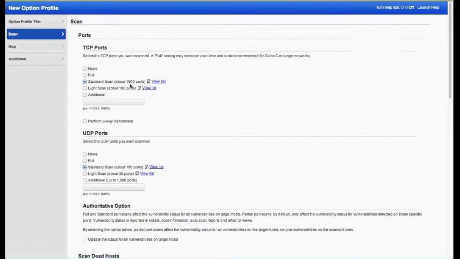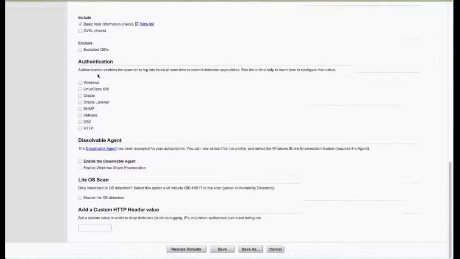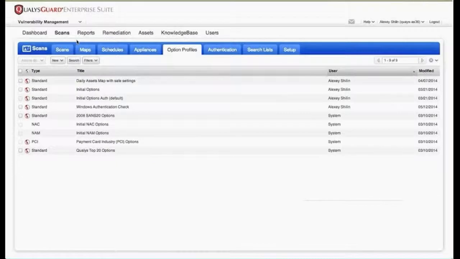So in this case, 190 ports. We can go with all 65,000 by going full. The important bit is enable the authentication. We take the Windows here, if it is a Windows, others, if there are others,